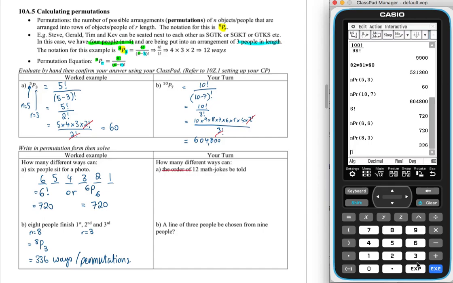So this one here, if you lay out 12 math jokes, you're not choosing only 5 of them or anything like that. So that means it's just going to be 12 times 11 times 10 times 9, the multiplicative rule that we learned in 10A.1. So this is just going to be 12 factorial, or we can write this as 12 permutation 12, and we're arranging 12 objects. If we assess those both in our calculator, we can say that that is